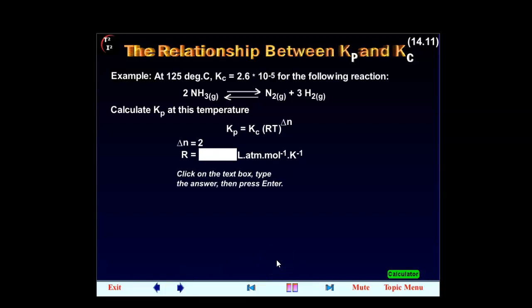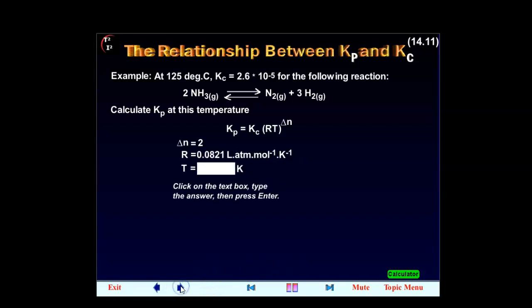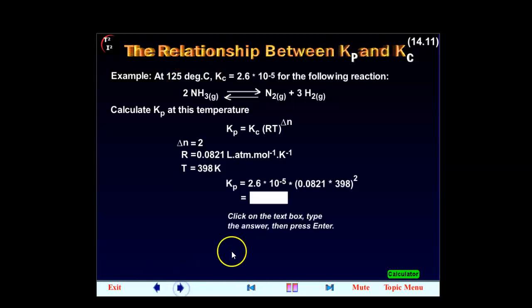What is your R? Remember your R is a constant, so you don't have to memorize that. You get the value of 0.821. Your temperature, in this case, you have 125 degrees. So remember you have to add 273 to that to get your value. And that would be 298. So your K of P, when you solve this problem, you should get,